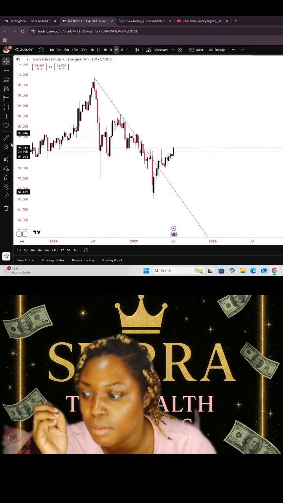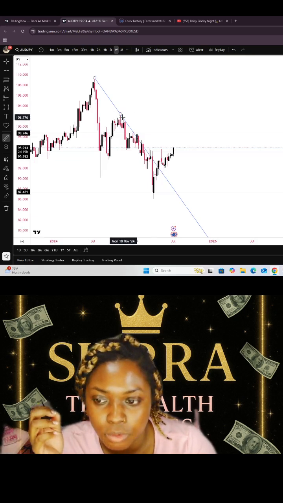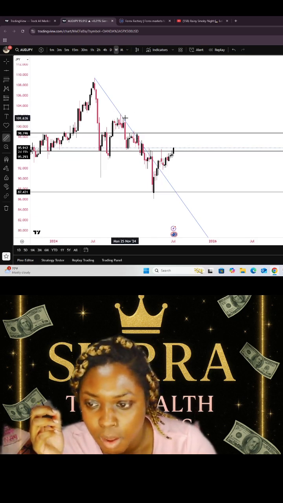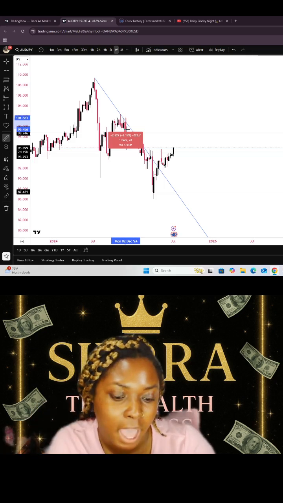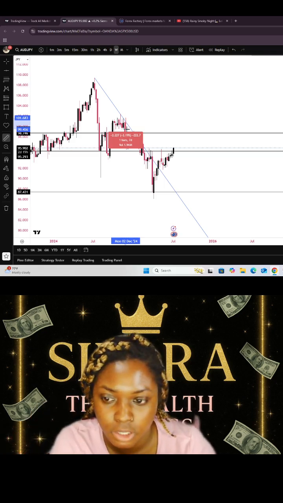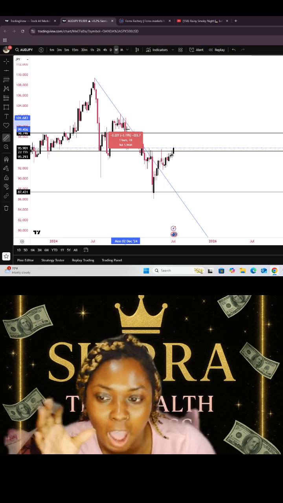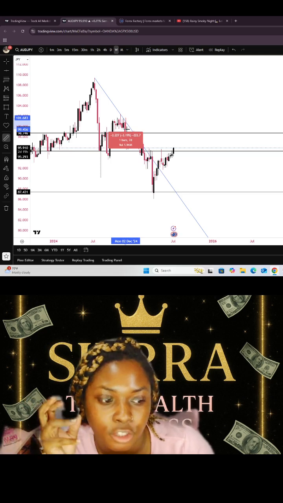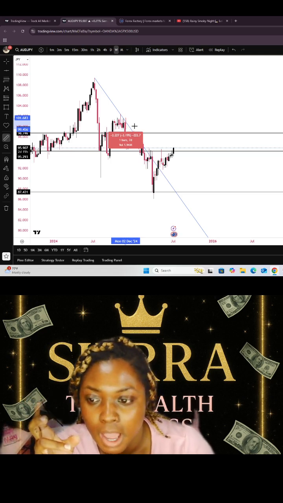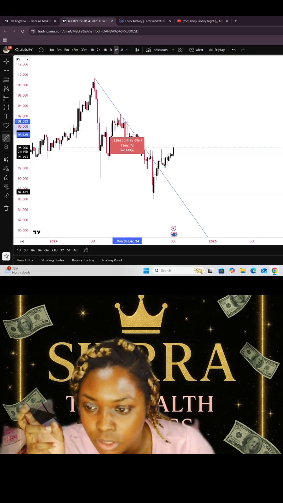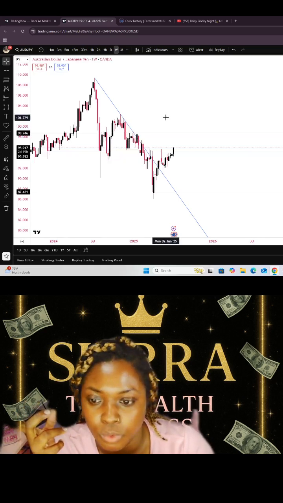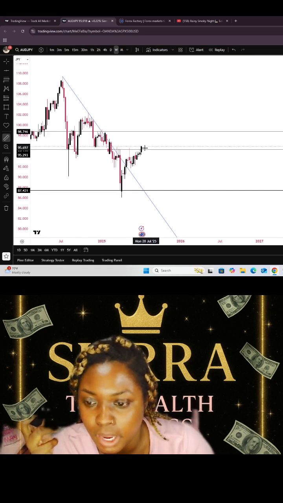And now I want to measure a weekly candle. So I'm just going to take this one right here. I'm going to go from the high to the low of this weekly candle. When I measure this weekly candle, it tells me the average weekly pip range. So this one is telling me that on a weekly average, I can get 222 pips out of AJ. Now, I measured this one. This one is telling me that I can get 361 pips. This range here